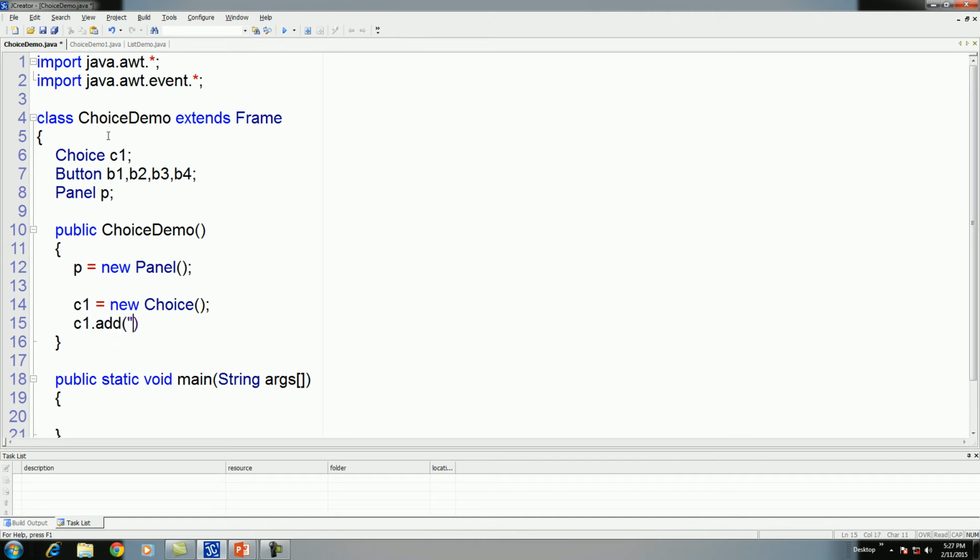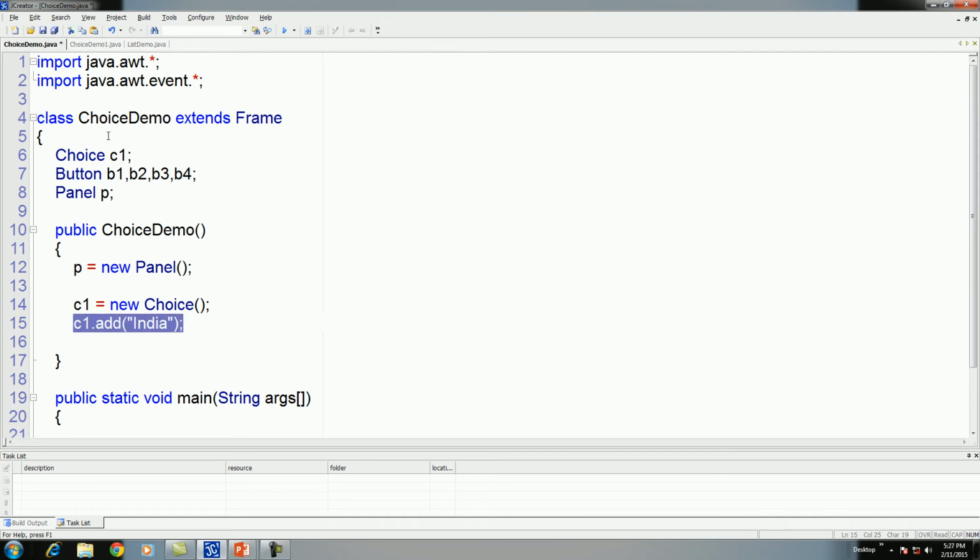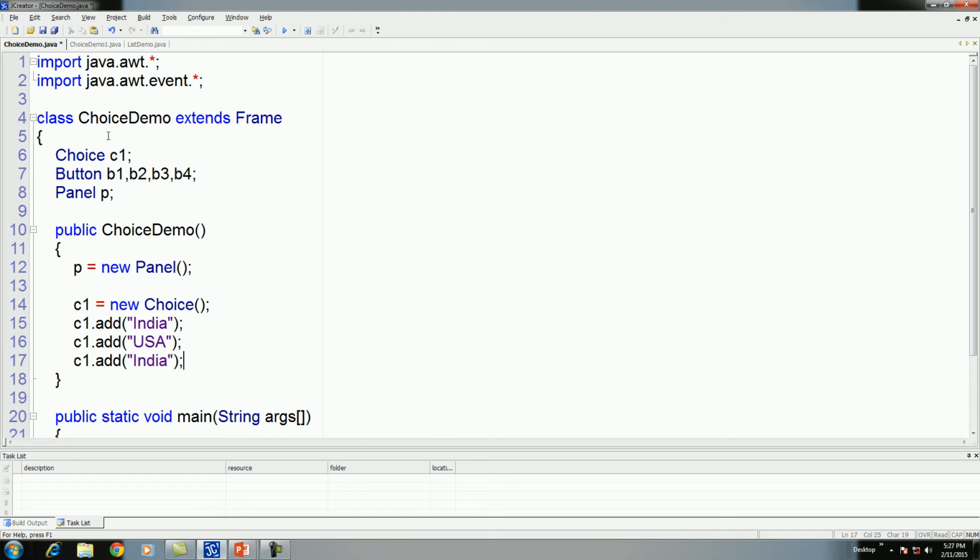Suppose here we add names of countries. Now these four countries we have added.